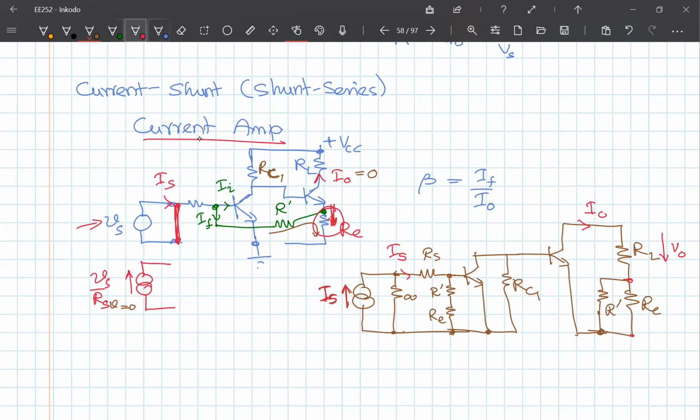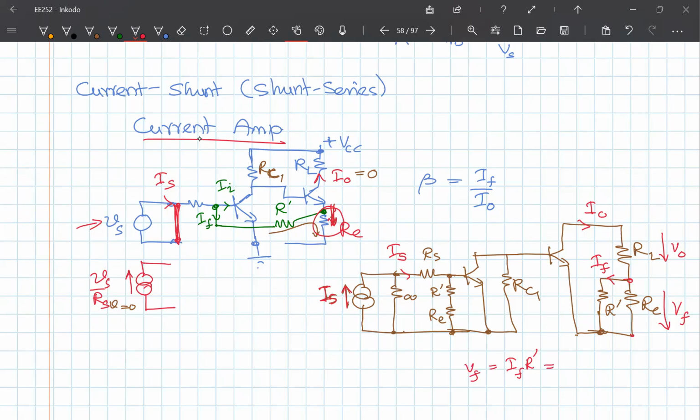So VF is there, right? All right. So this is VF, but the feedback signal is not a V, it's a current. So the current will go through R dash. So this is my IF. Okay. IF is that. So how do I find the IF? The IF will be divided between the resistors based on their resistance, right? So I can say IF times R dash is the VF,